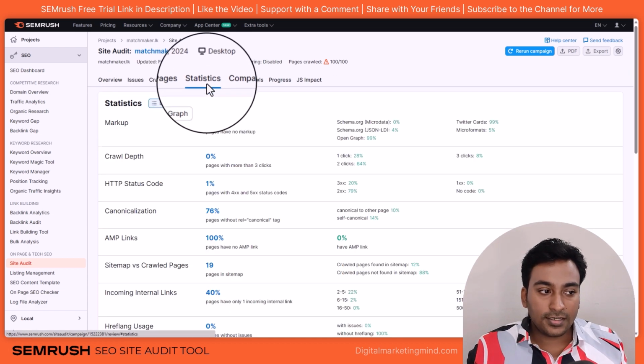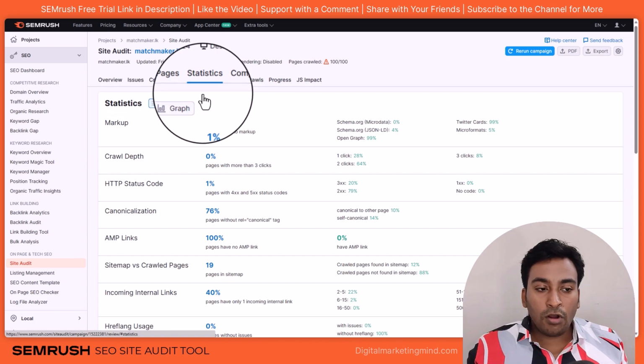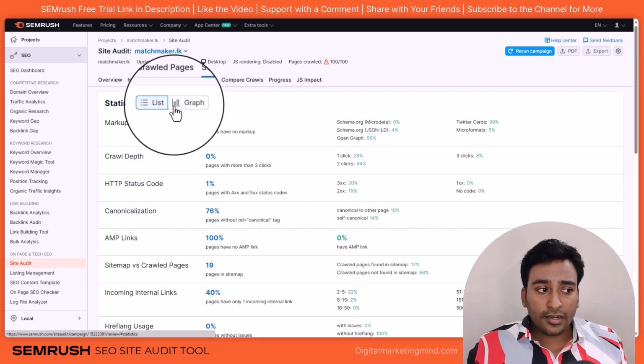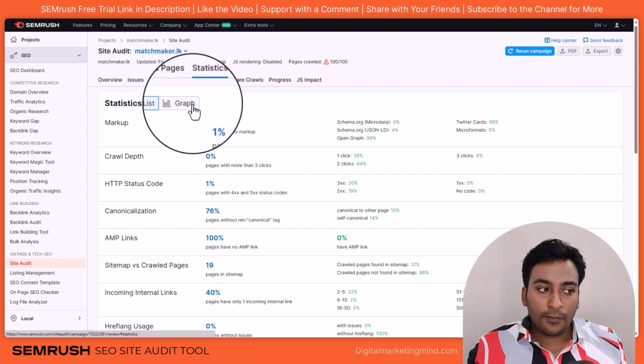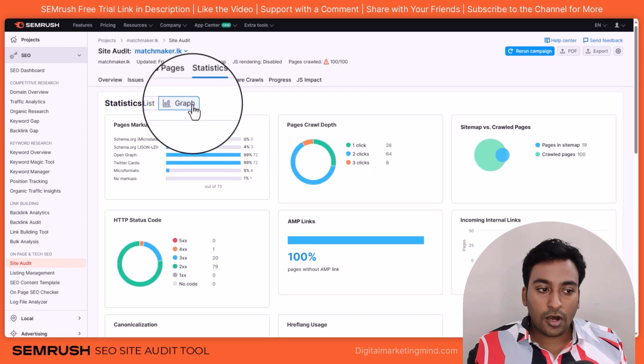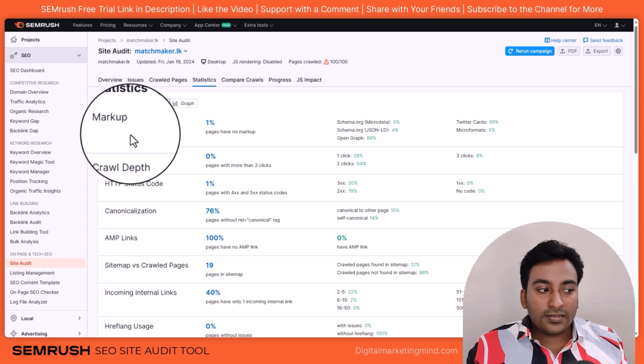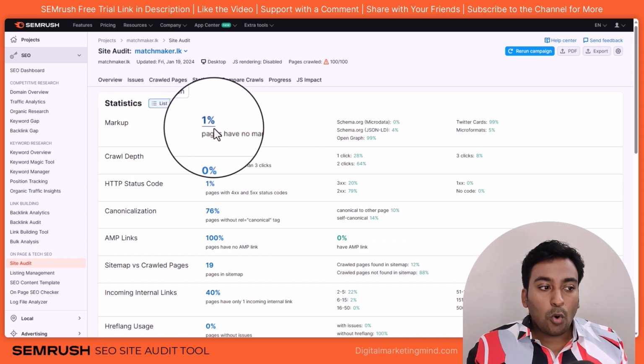Then we have Statistics. Statistics will give you the overall data on all the important statistics related to the site audit. I can see the data in a list format, or in a graph format, whichever suits me. If I look at the list, it's saying markup: only 1% of pages have no markup.